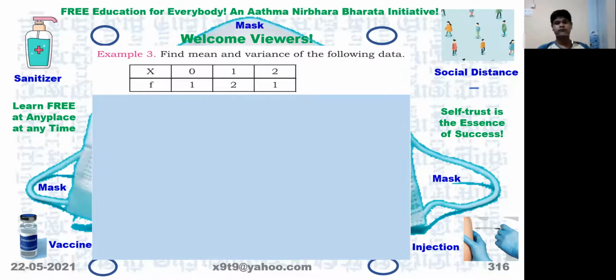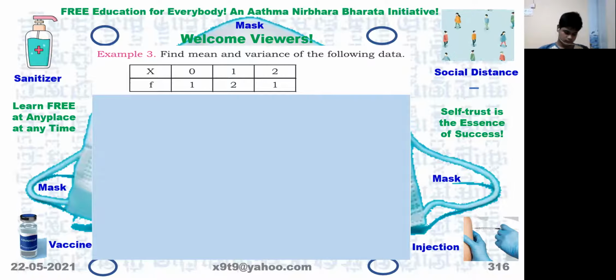So how do you do it? First we should find the mean, sir. You can use any method. You can use either that 8-step method, or you can use that deviation table, or the X and X square table. Sir, I will use the deviation table, sir. You use whatever you want.